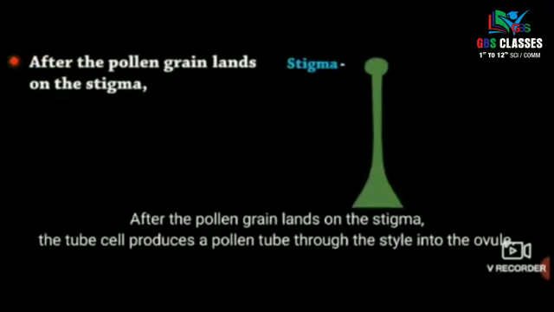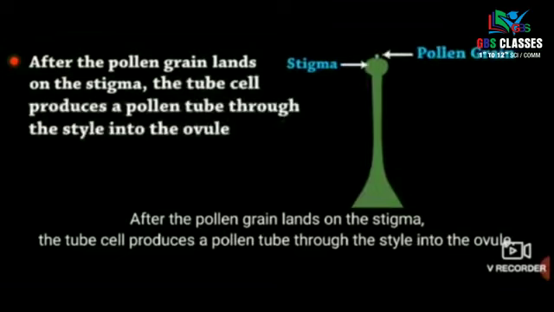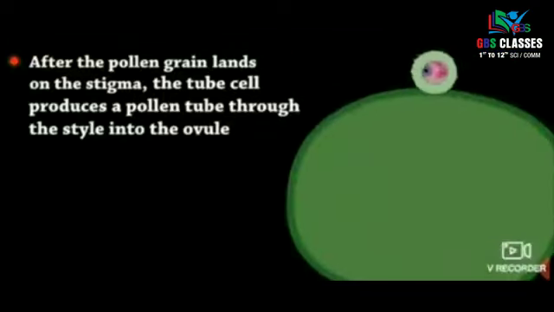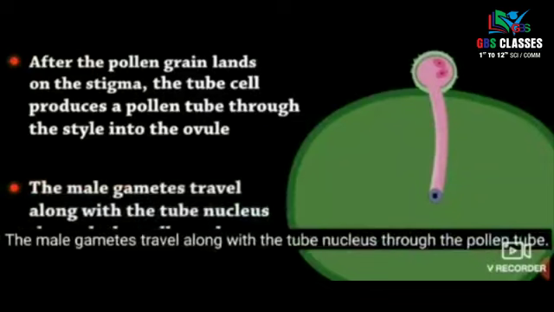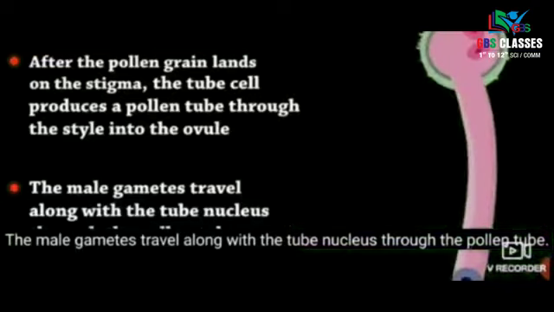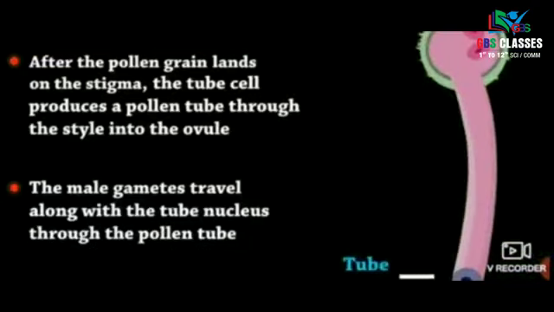Now after fertilization, what events occur? After the pollen grain lands on the stigma, the tube cell produces a pollen tube, and it reaches through the style into the ovule, as the diagram will now explain. This pollen tube will transfer the male gametes, as the diagram shows. The male gametes travel along with the tube nucleus